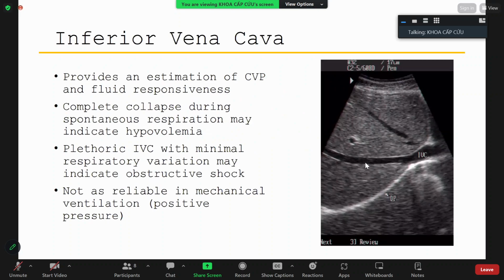And then moving on after the heart, if we take a look at the heart and everything looks normal, or if we see some signs on the heart that maybe suggest tamponade, maybe suggest pulmonary embolism, this is a great exam to do next to confirm or disaffirm your beliefs that the patient might have a PE or tamponade. So looking at the IVC here,